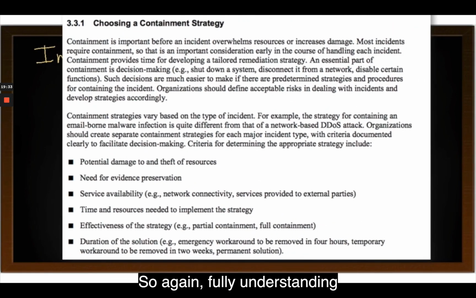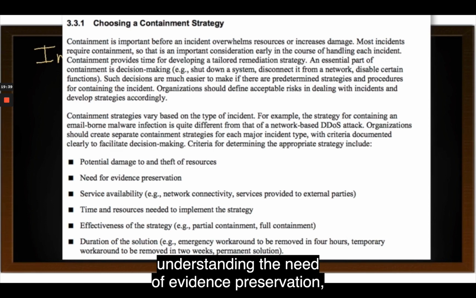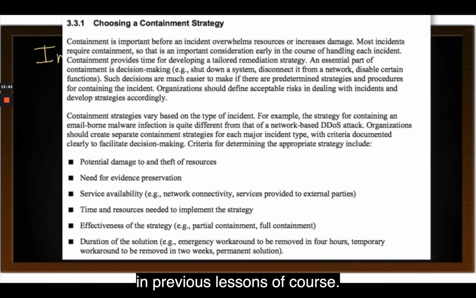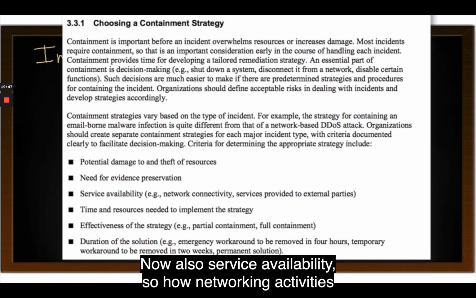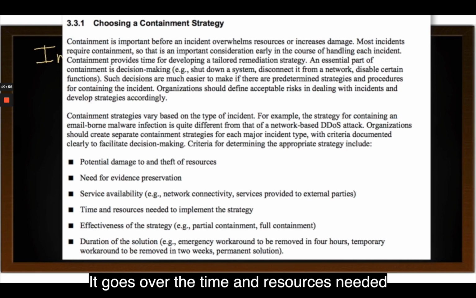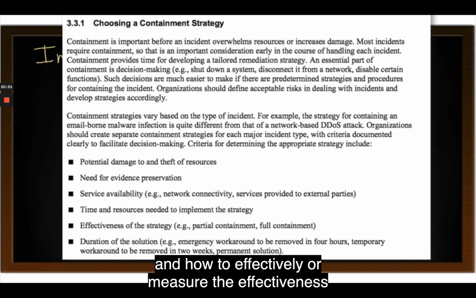So again, fully understanding the potential damage and theft of resources, understanding the need for evidence preservation, and we went over evidence preservation in previous lessons, of course. Now also service availability, so how network connectivity and services provided to external parties should remain available, of course. It goes over the time and resources needed to implement this incident response strategy